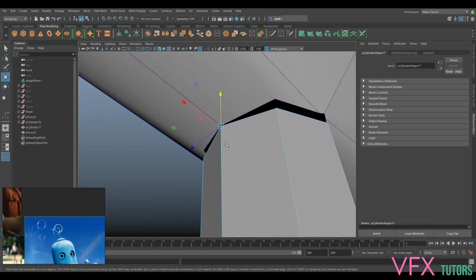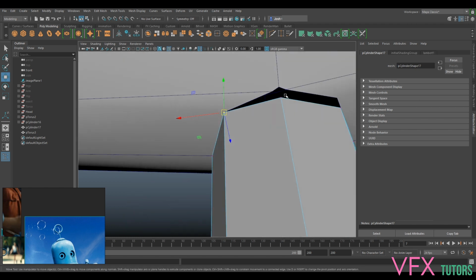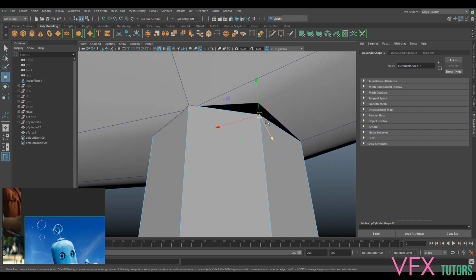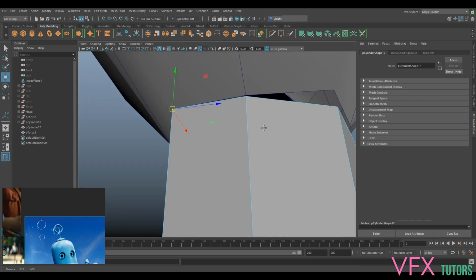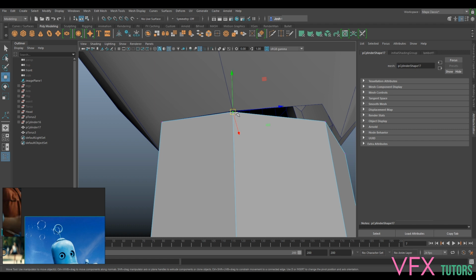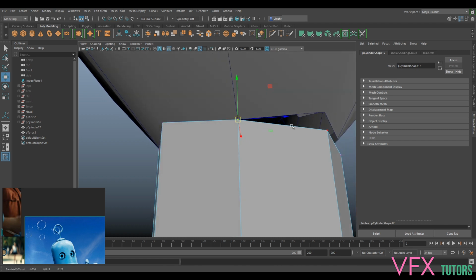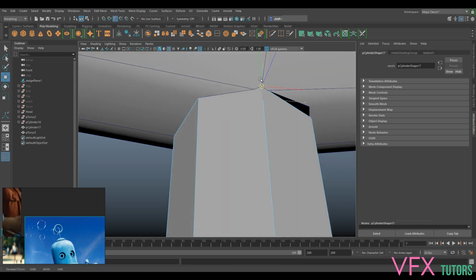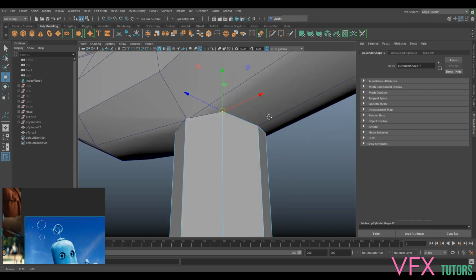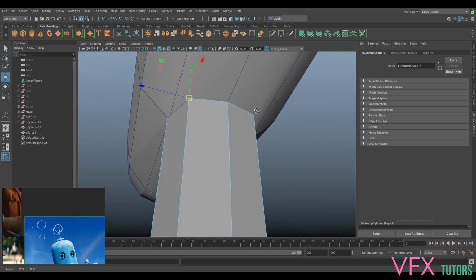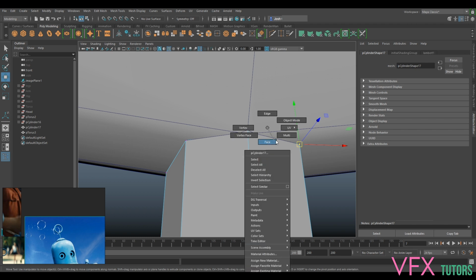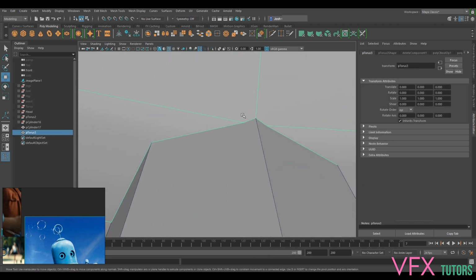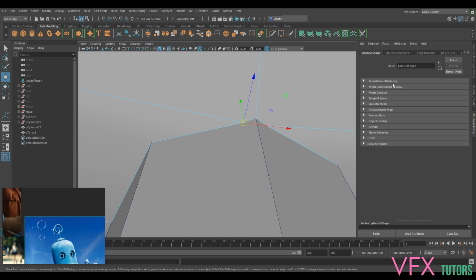Cool. So what I'm going to do is snap these to those points. So I know they're going to line up because that's where they came from, basically. Snap that to there. And I'm just holding V to snap. Cool. So we've got that all joined up, but now we've got this mess here. The thing with Booleans, they're not always clean. What we'll do is